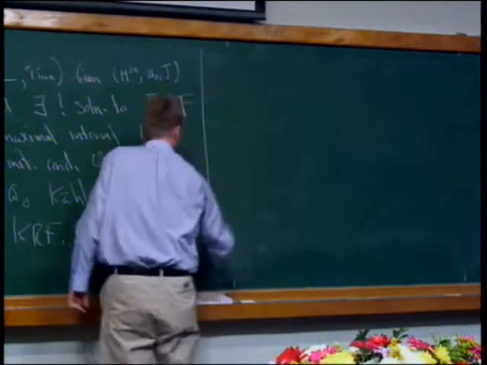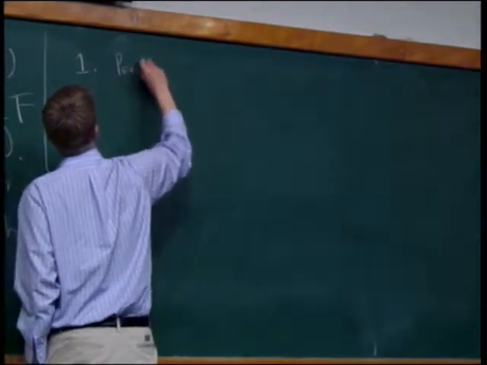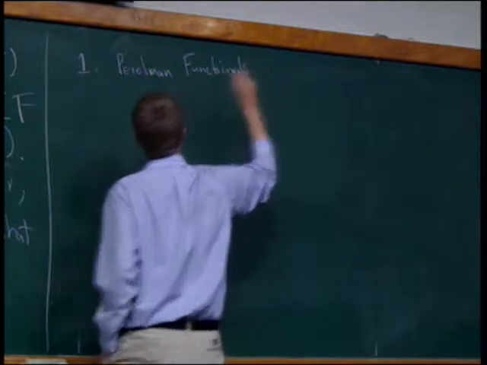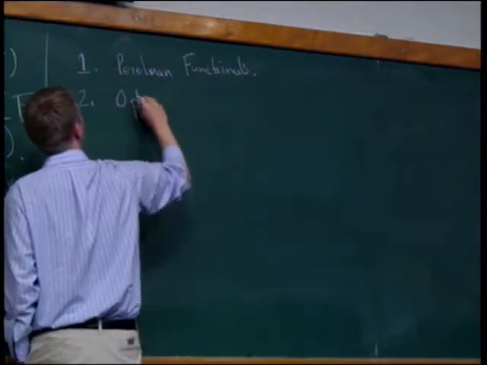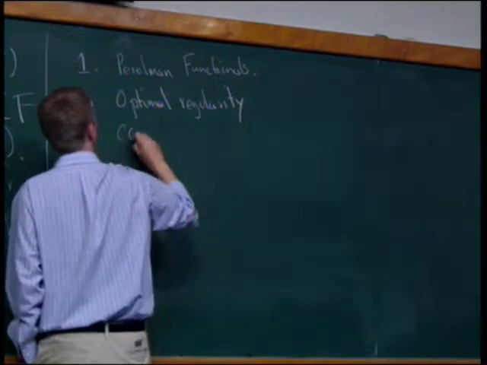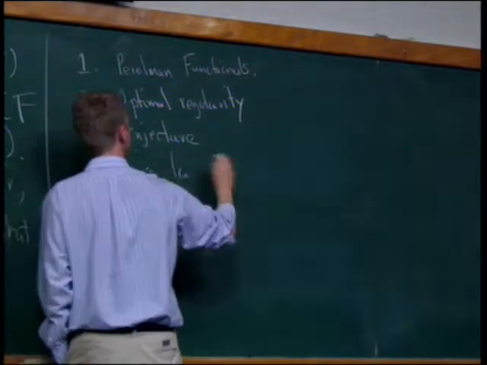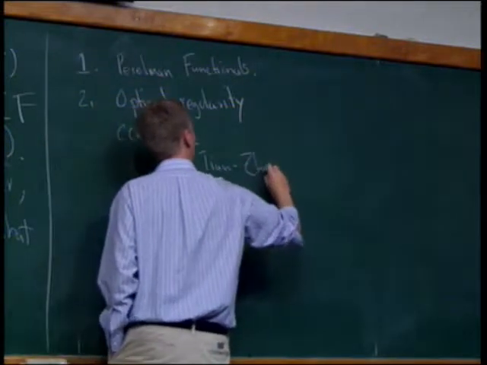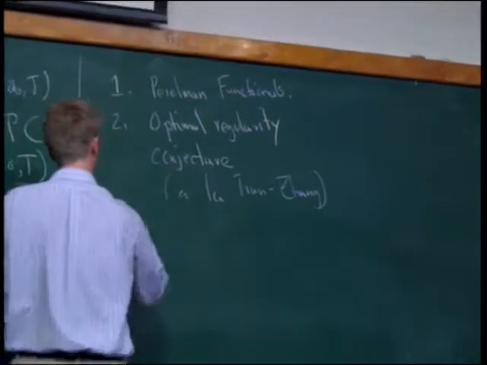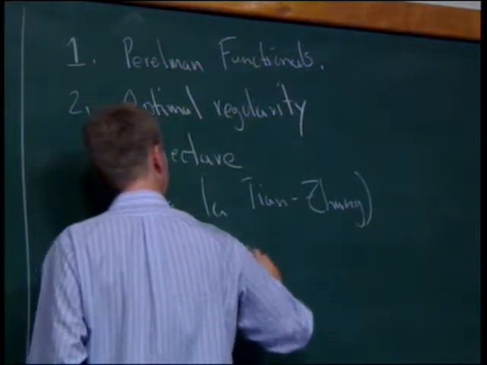Maybe a little at the end. But I really just want to talk about two things in the rest of the time. So I'll discuss how we found the Perelman functionals for this flow, and then I want to talk about an optimal regularity conjecture analogous to the Tian-Zhang theorem, sort of an ODE implies PDE conjecture. And if there's time, I'll talk about the topological applications